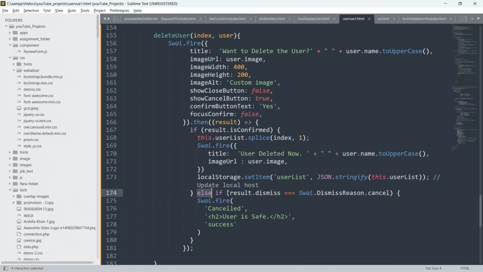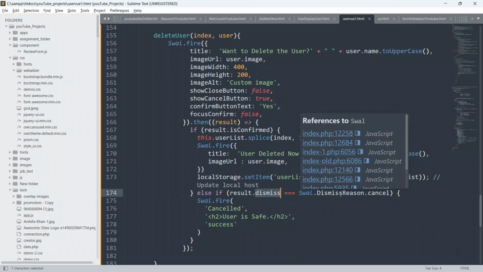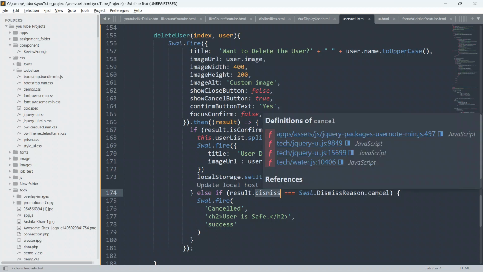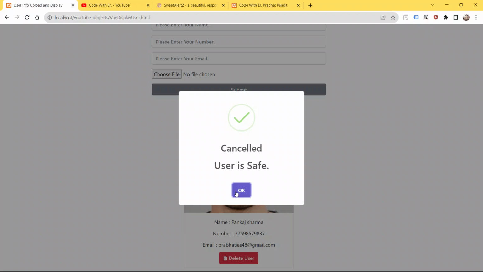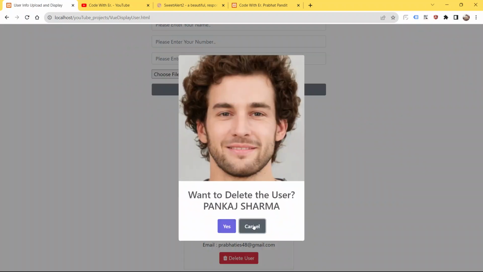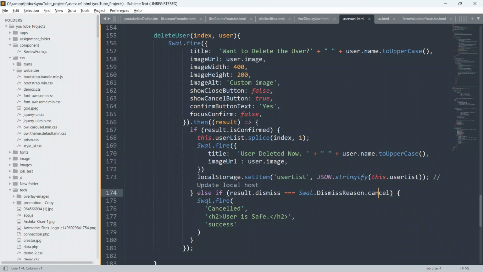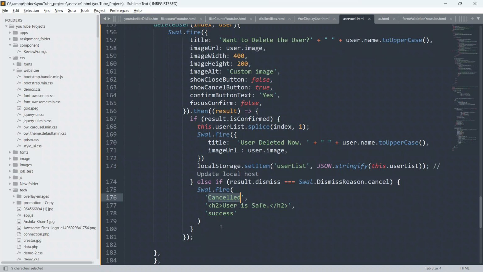Which means if the user has pressed the cancel button, this is else if result.dismiss equals Swal.DismissReason.cancel. If the dismiss reason is cancel, then we will say Swal cancelled, user is safe, and success.